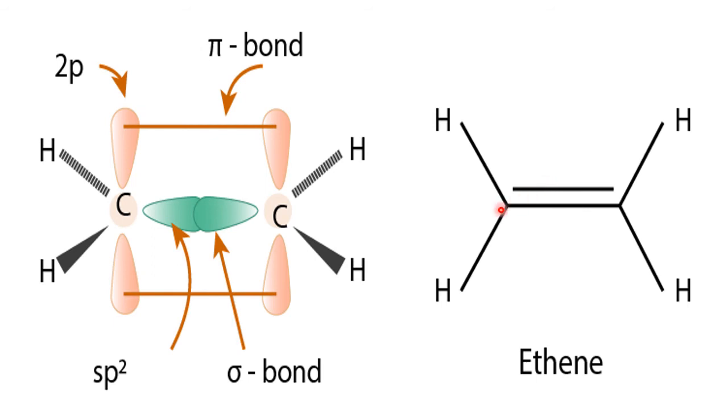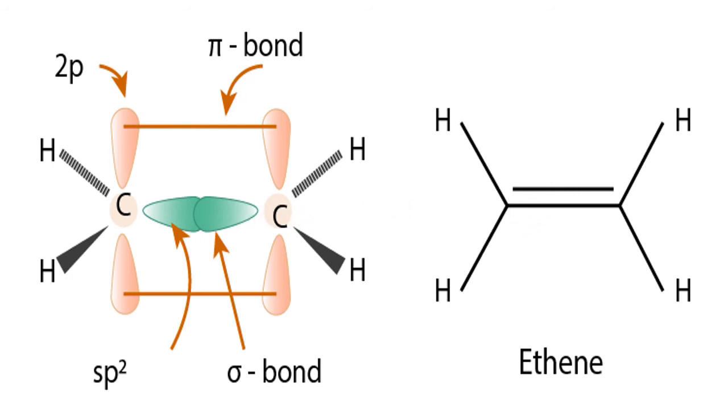Okay, carbon, carbon. So sigma, sigma, sigma, sigma, one more sigma. This is the double bond, the pi bond, due to sideways overlapping, which is a weak bond. The sigma bond is a strong bond, the pi bond is a weak bond due to the mode of overlapping. It is not so effective an overlap, so a weak bond is formed. Therefore, the pi bond is weaker than the sigma bond. You can easily break this pi bond, so less energy is required to break the pi bond. In this way the double bond is formed, and you can explain it because of the sp2 hybridization in the case of ethene.